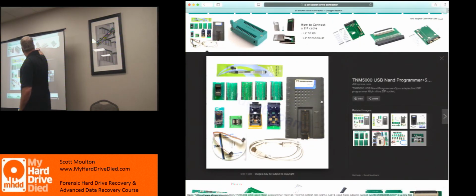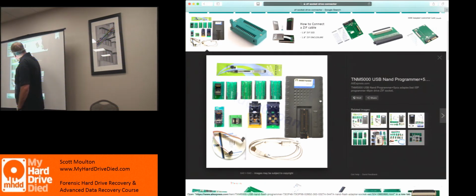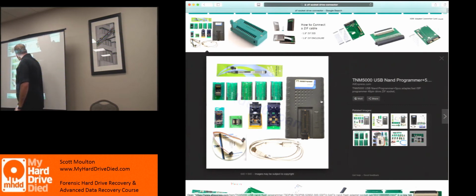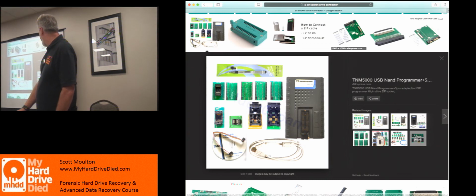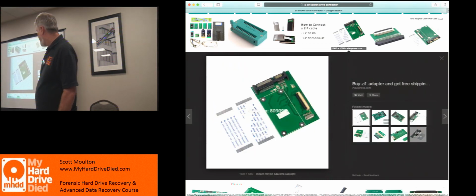You've seen these before, right? They have this little thin cable right here, and then you plug this in and it plugs in. So there's all these different ones, right here. These are all the Zif socket boards. They go for the 1.8-inch drives. You've seen these before, right?